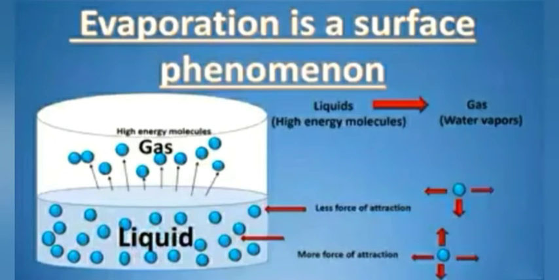Remember that the molecules below the surface of the liquid have the strong force of attraction from all sides, whereas the molecules at the top of the liquid do not have attraction from the top of the surface. So they have lesser intermolecular force of attraction. By gaining a little amount of energy from the surrounding, these molecules increase the kinetic energy to such an extent that they overcome the force of attraction and escape as gas.